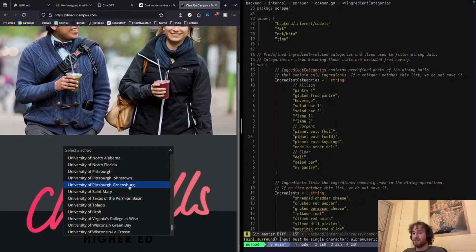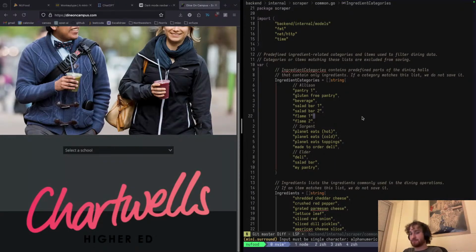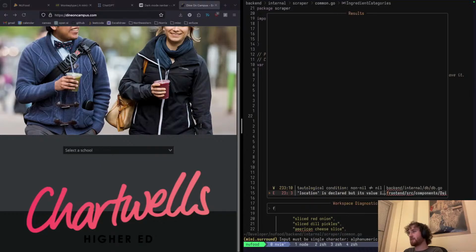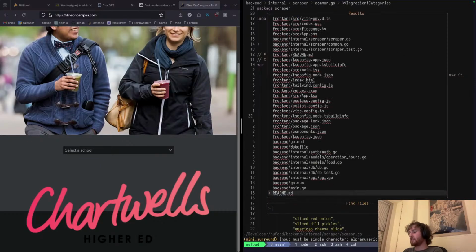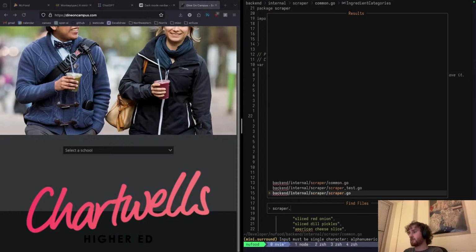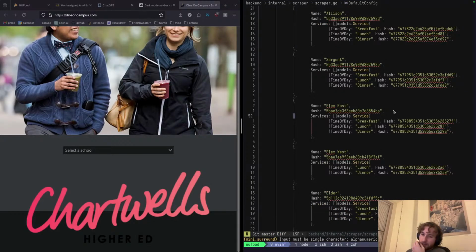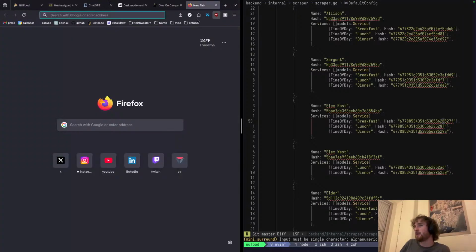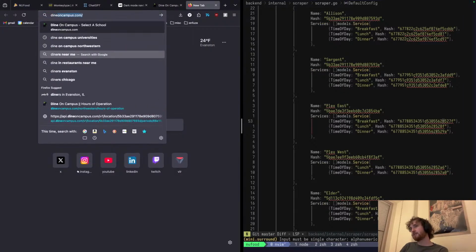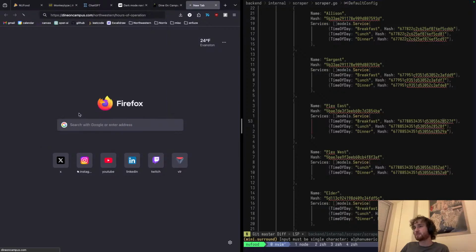Then it still has the problem, though, of where is it? You still need these API endpoints that they have, while nice. Dude, maybe I do save them. I'm just trying to think how I would get these hashes, though. Because what I had to do is, if we go to Dine on Campus for Northwestern, you then just